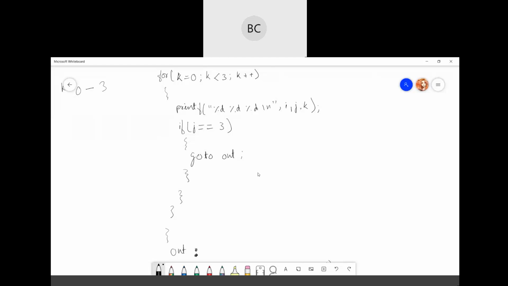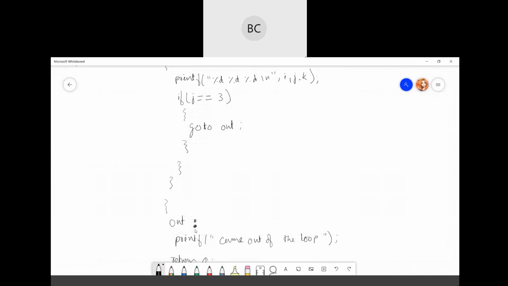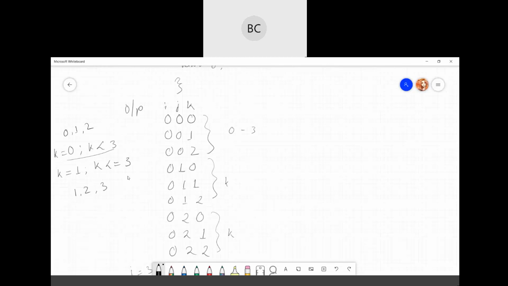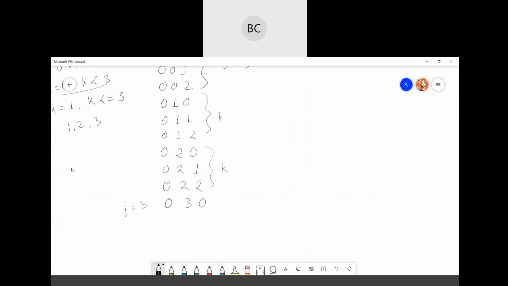So once it reaches j equal to 3, it will just go to the out portion. That means it is not going to increment the counter anymore. So after writing the first 3, it will just write came out of the loop. This is the output for your program.